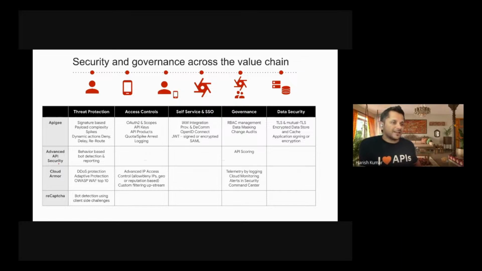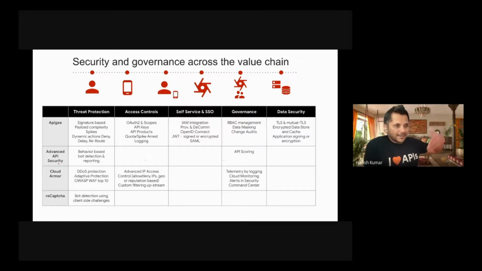One is configurational mishaps. For example, you might have created an API but forgot to put JSON threat protection and XML threat protection, or maybe you didn't put any OAuth validation or API key validation. So advanced API security can make recommendations